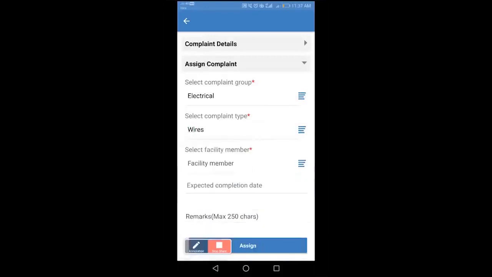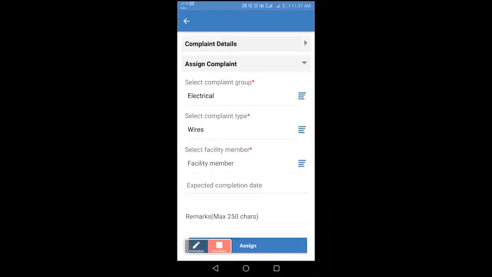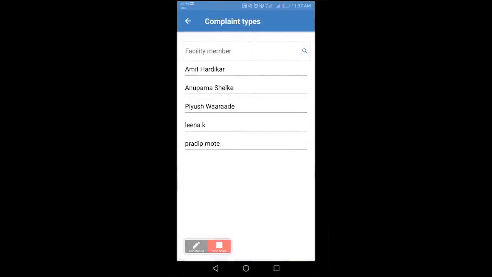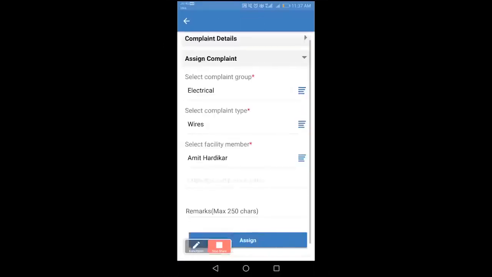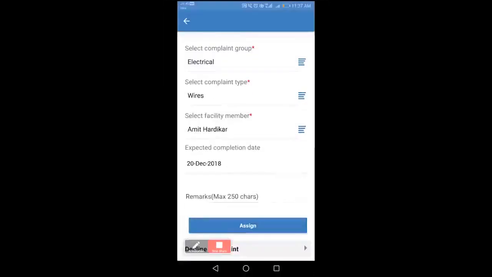Here we have selected a type and the subtypes are available over here. For the facility member, the same feature is there. You have to give the expected completion time and the remarks.